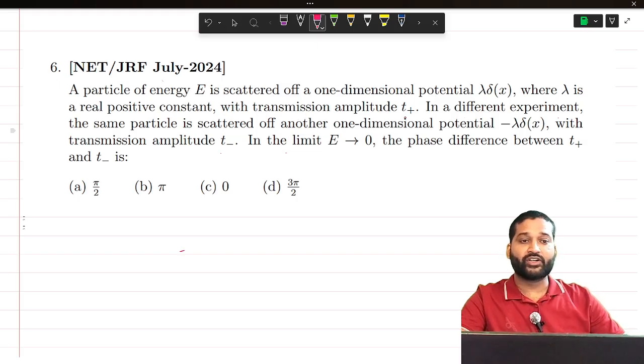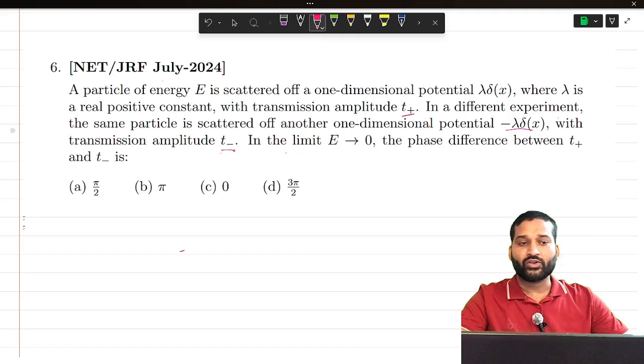With transmission amplitude T plus. So for the transmission and reflection, we have to find how much of the wave gets transmitted and how much gets reflected when the wave interacts with the potential. The transmission amplitude and reflection amplitude are given by T and R, and here T plus is the transmission amplitude. In a different experiment, the same particle is scattered off another one-dimensional potential, minus lambda delta x, with transmission